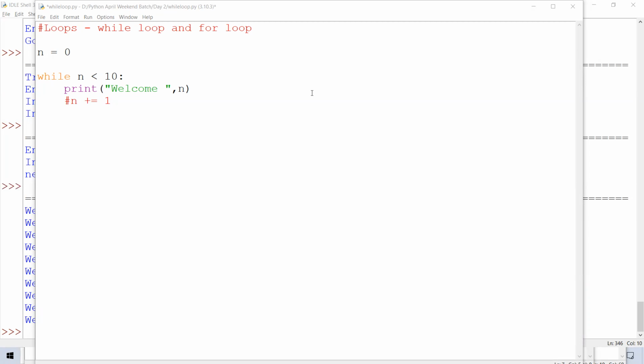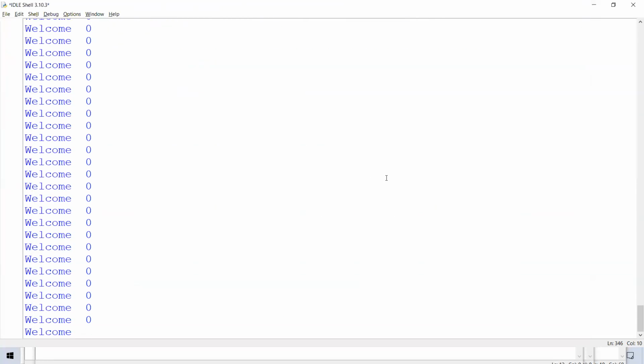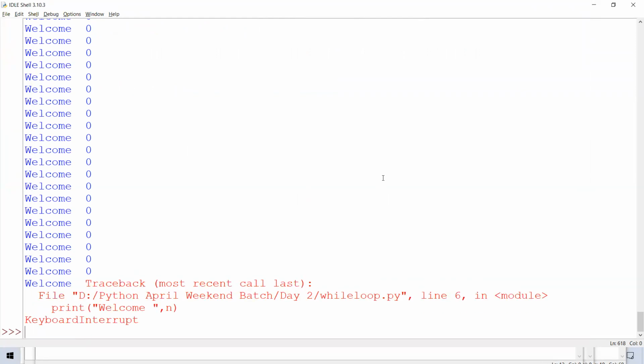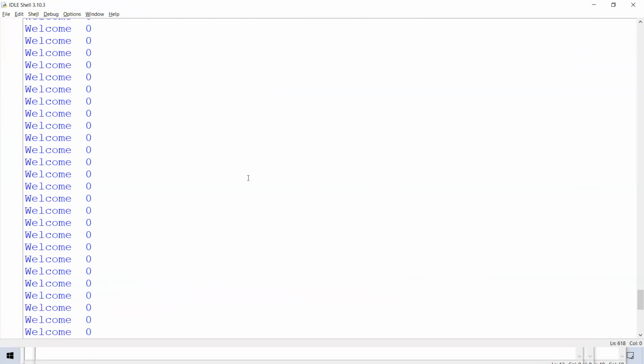Okay, so let's run this. Save it first. What is happening, guys? So I forcefully stopped it. It went into an infinite loop. Why? Because